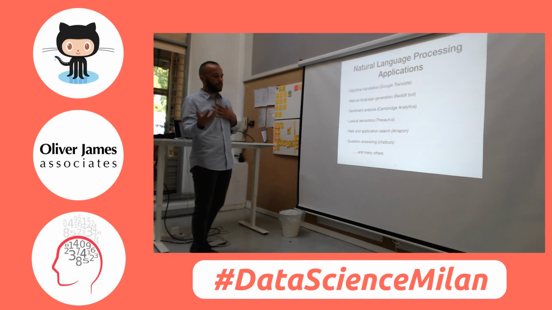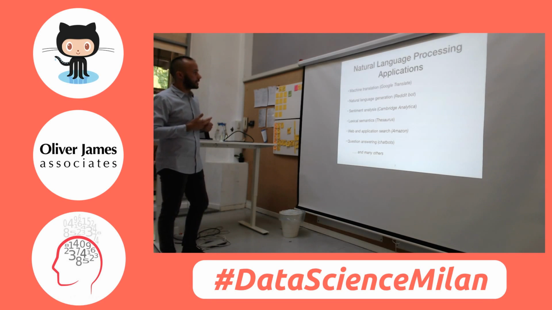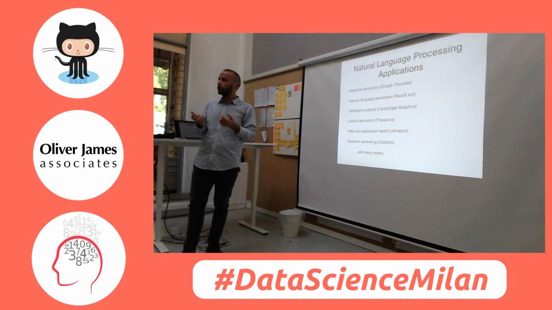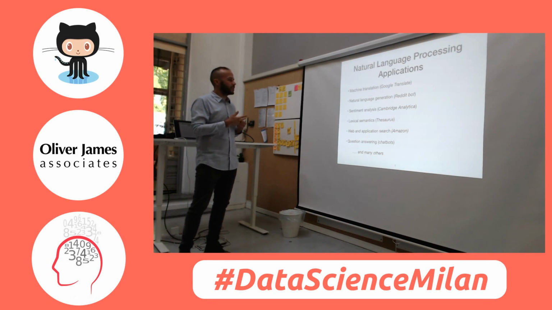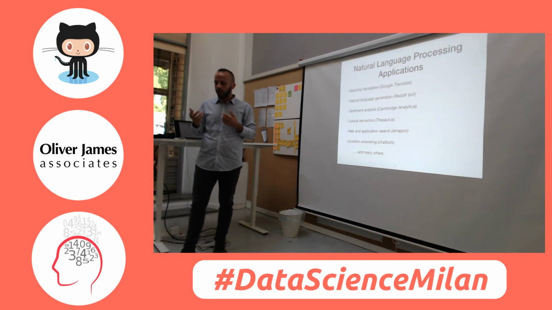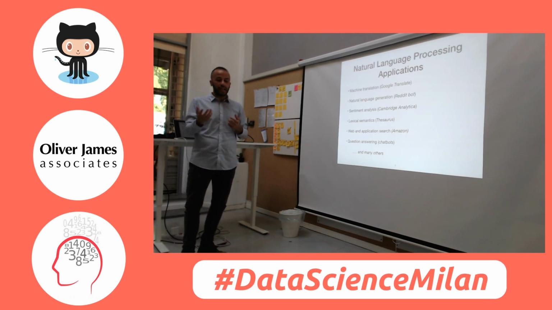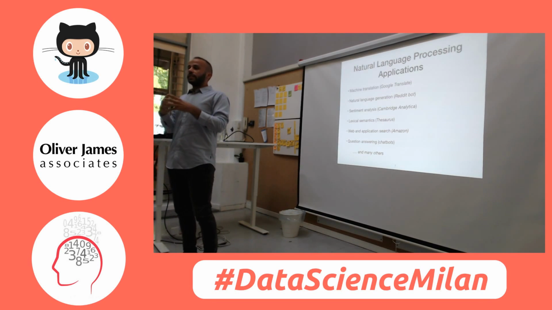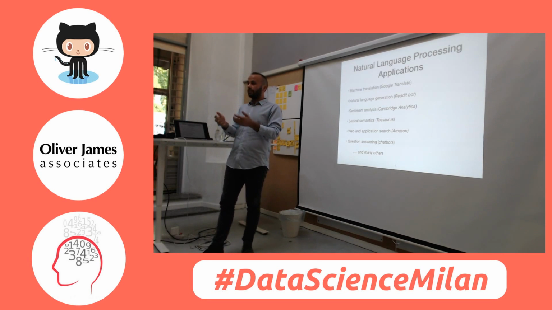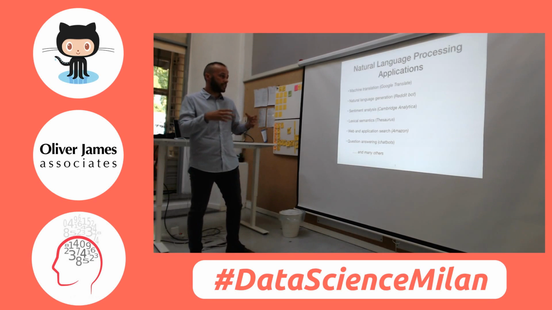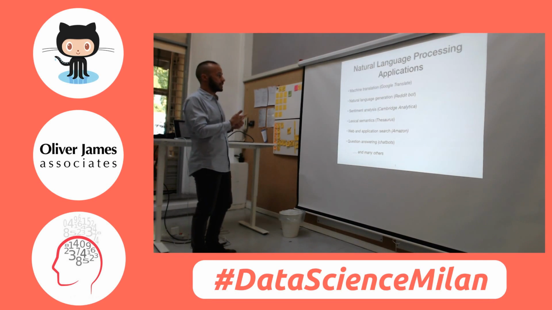There are examples of what NLP can achieve, and I can go through the list. For example, machine translation. We all know Google Translate. Maybe we don't all know Reddit. Reddit is a collector of news. It's an American web app, and what it does is essentially read whole articles of text and automatically generate headlines, which is pretty amazing. It's natural language generation, which is one of the tasks that NLP does.